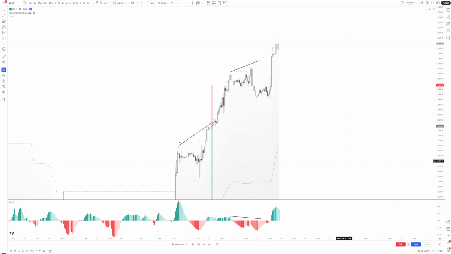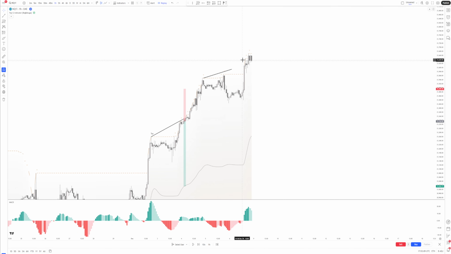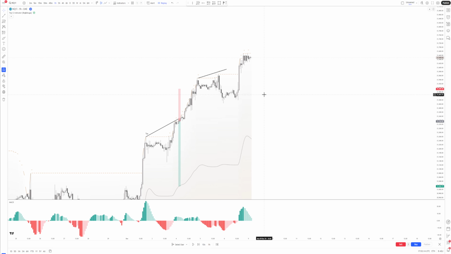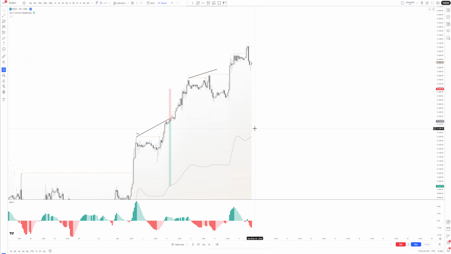Nope. Okay, so you can see the initial divergence that we were looking for has been invalidated by this new momentum on the indicator, the MACD. So we are now going to be looking for another short. Let's see what happens. If we get another market top, we look for a short. There you go. We have got, let's see,